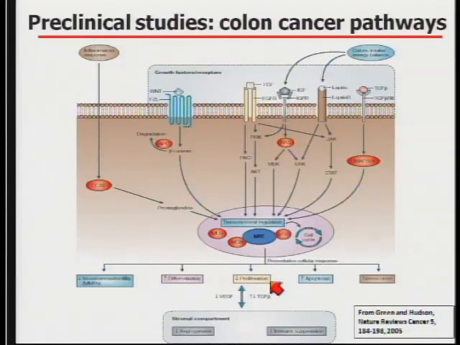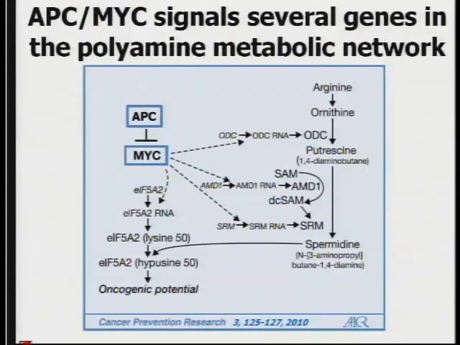And we used a number of technologies, microarray and other approaches to try to understand APC-dependent genes, but genes that were regulated by inflammation. And I'll just bring your focus down here. One of those genes happens to be the MYC oncogene. In the last 15 years, we and other people have painstakingly connected APC and MYC to a number of genes. One of the pathways that has attracted our attention especially is this polyamine pathway, an amino acid decarboxylation pathway.